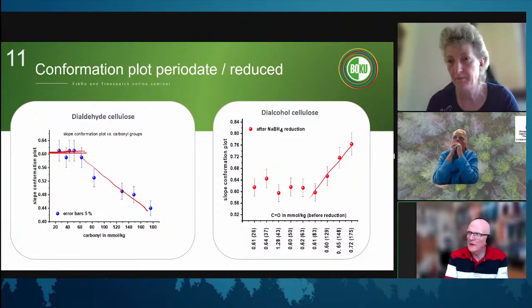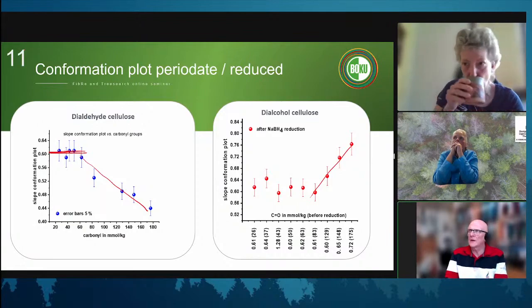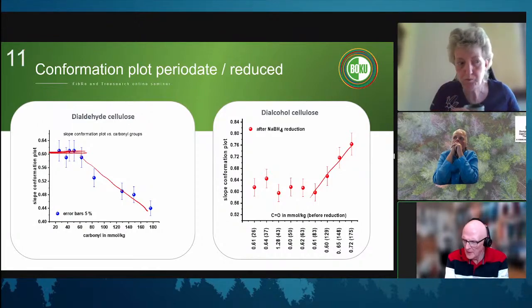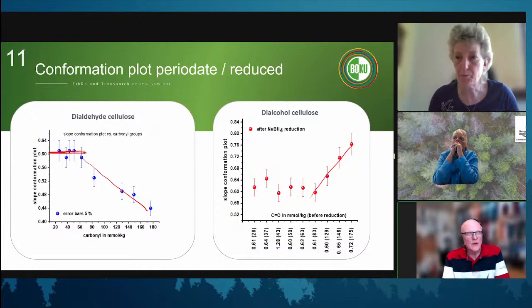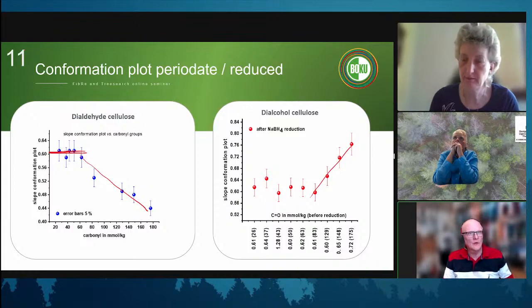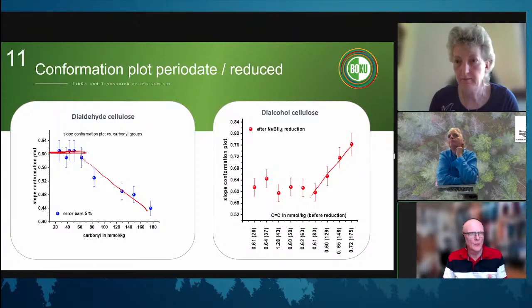Now, when we have been looking at this, and Per can probably chip in more on that, we have seen that when we are changing from dialdehyde to a dialcohol cellulose and from non-oxidized cellulose, on a macroscopic level the fibers or the fibrils will change the macroscopic structure. Yes. And we don't know exactly if that's a solvent-water-cellulose interaction or what we are seeing. We haven't been able to pinpoint that. So that was one of the backgrounds to the questions.